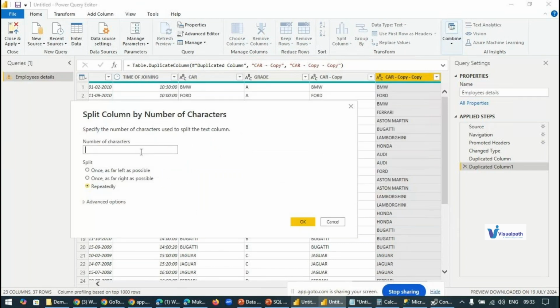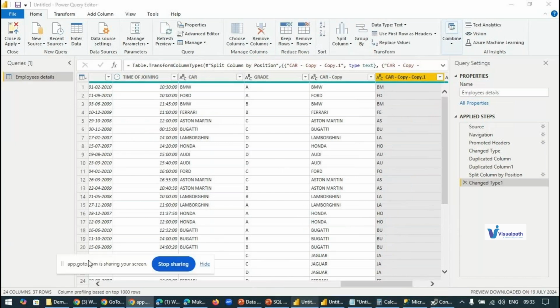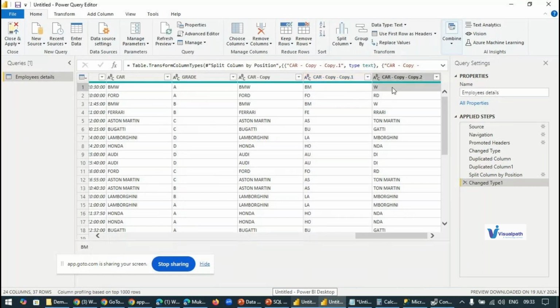Number of characters I am giving 2. Click OK. See, like this, in every value the first two characters are split. Just by clicking menus, you can do editing.